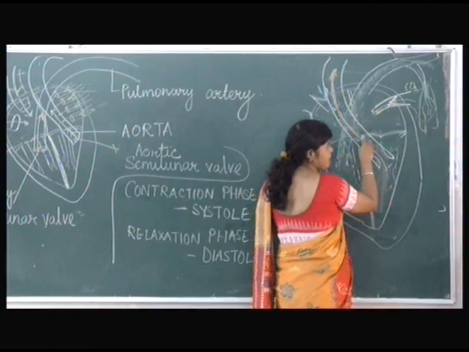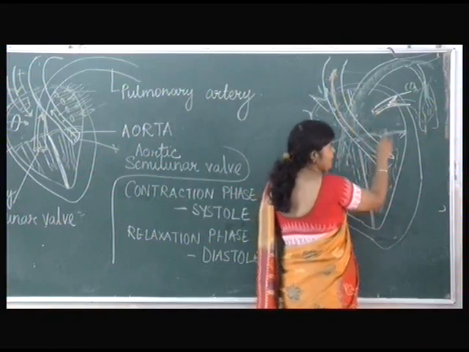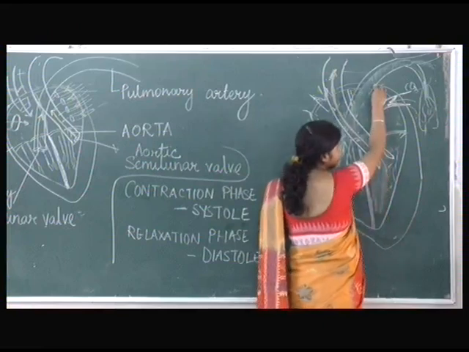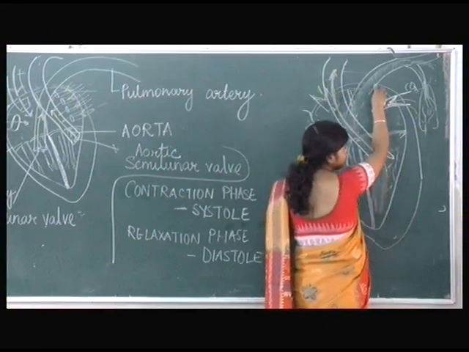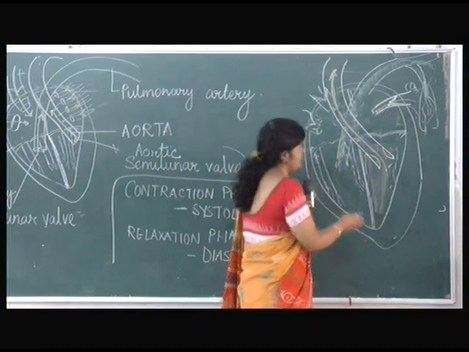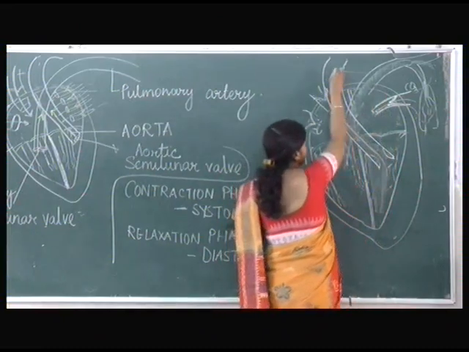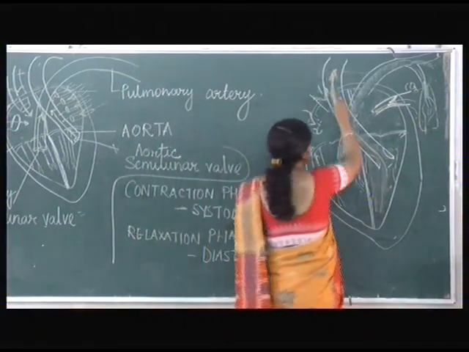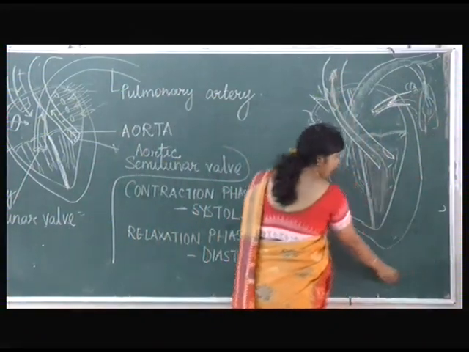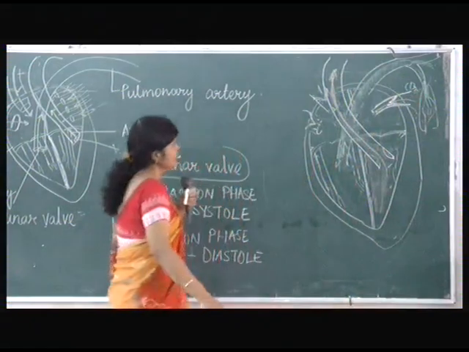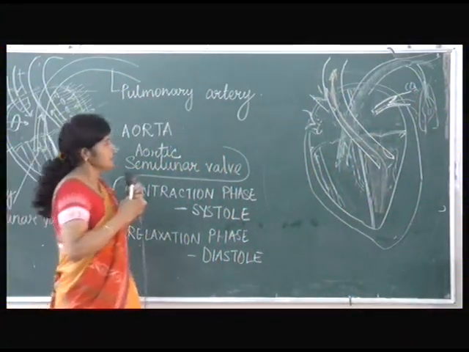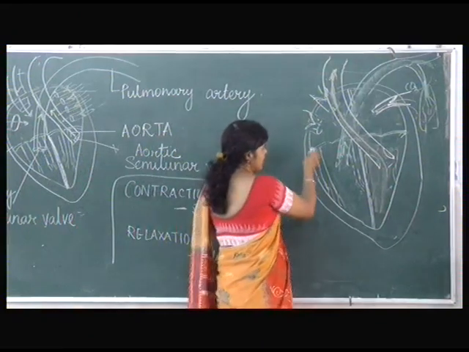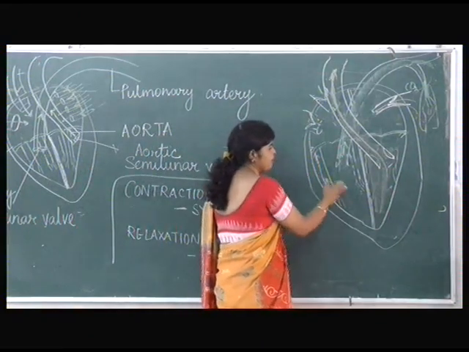Why are the cuspid valves closed? The bicuspid or mitral valve is closed because if it is not closed, blood will go back to the previous chamber, that is the right auricle. Is it clear? And here the blood flows away. So here the blood is being taken to different parts of the body. Is it clear?